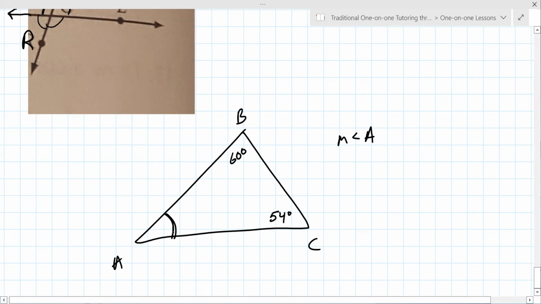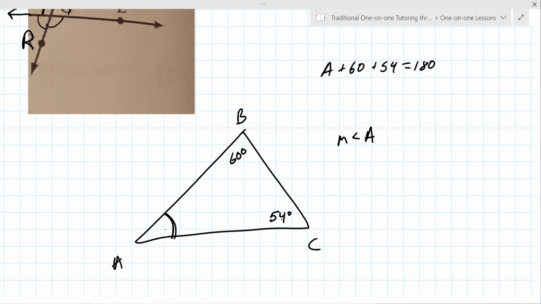Okay, now to do this, one of the second things is that all three angles in a triangle add up to 180. So A plus 60 plus 54 equals 180. That's your second geometry rule, that a lot of times things add up to something. Okay, so you could solve that equation